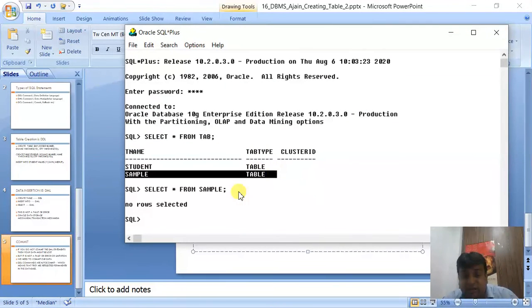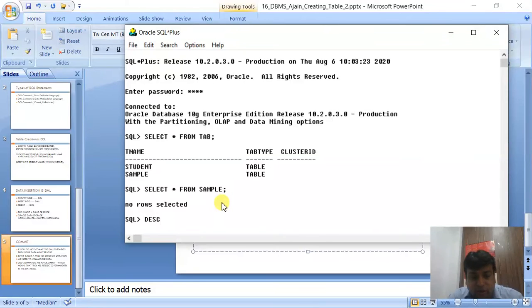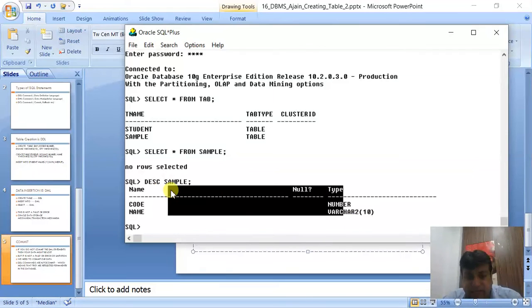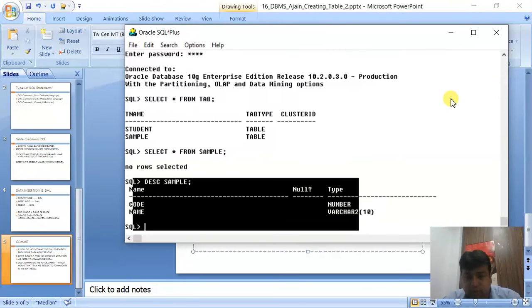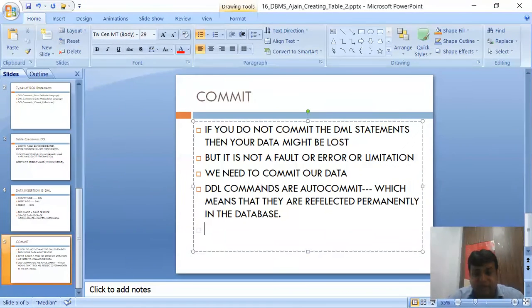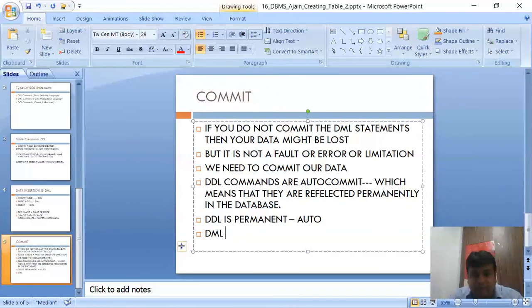The table is there, and if you try to see the structure, describe sample, you can see the columns. It means the table has not gone by clicking on this cross. The structure is there, but the records have gone. It means DDL is permanent automatically, but DML is not.